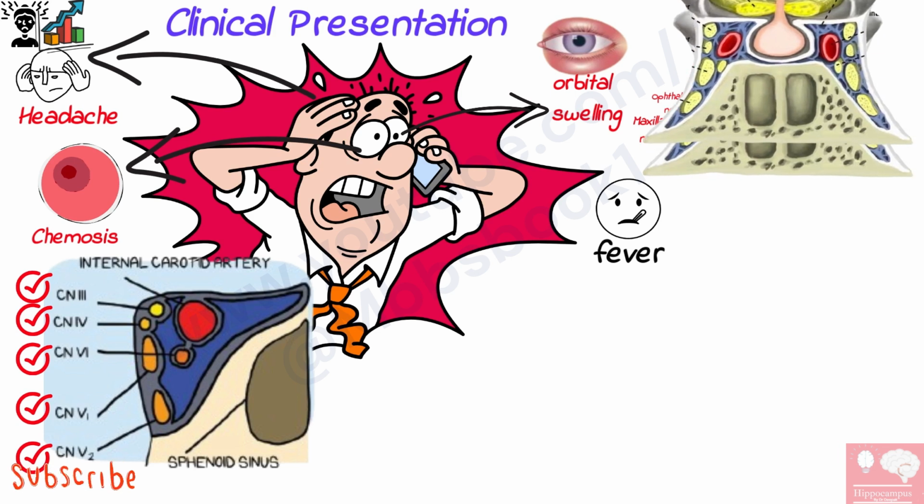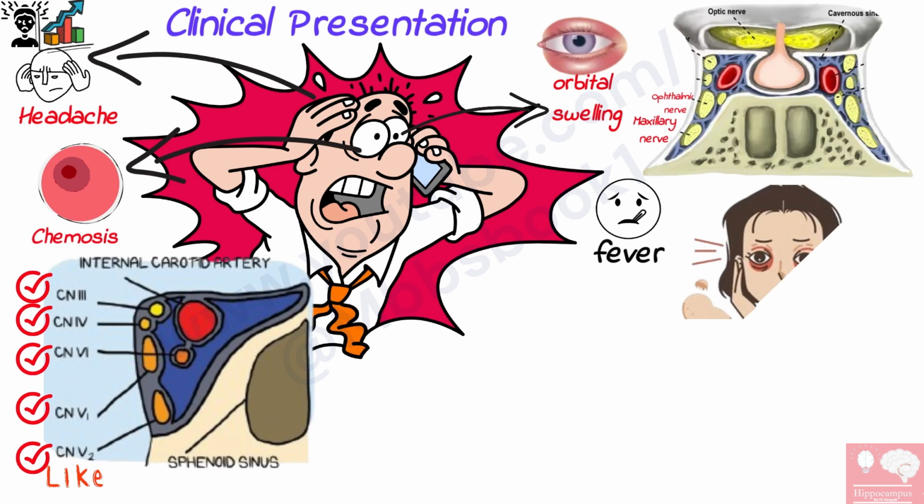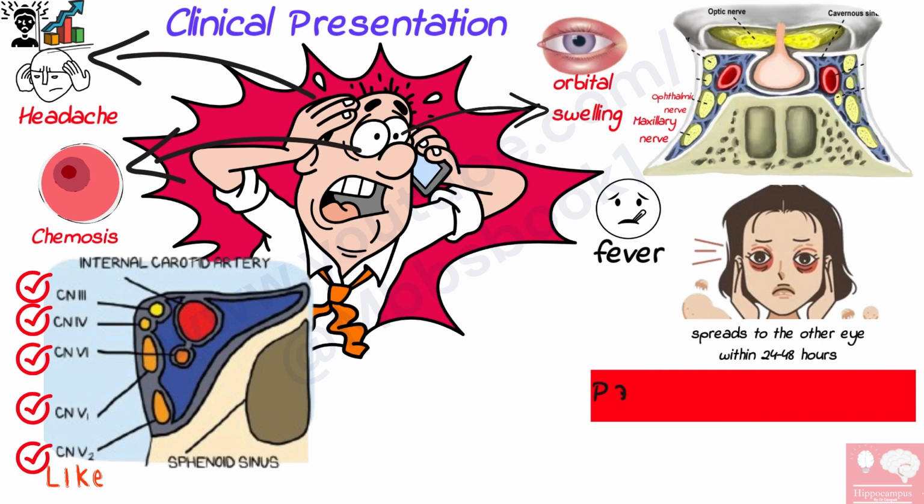As the two cavernous sinuses directly communicate via intercavernous channels, without effective therapy, signs appear in the contralateral eye by spreading through the communicating veins to the contralateral cavernous sinus. Eye swelling begins as a unilateral process and spreads to the other eye within 24 to 48 hours via the intercavernous sinuses. This is pathognomonic for cavernous sinus thrombosis.